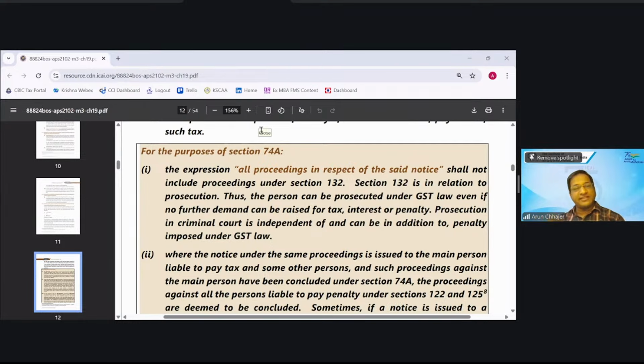अभी देखो, सेल्फ असेस्ड टैक्स की मैं बात करता हूं. When you read further, there was an explanation, they have inserted new 75 subsection 12. They talk about self assessed tax, which means two important points. One point is what the self assessed tax is. They have not defined the self assessed tax, but they are saying if the GSTR1 is higher and GSTR3B is